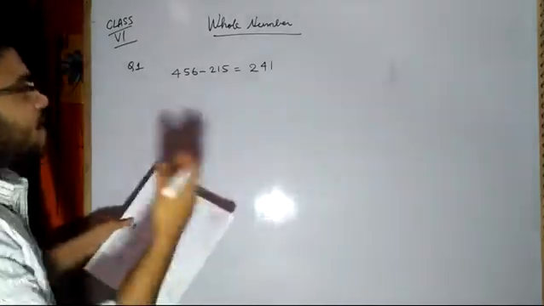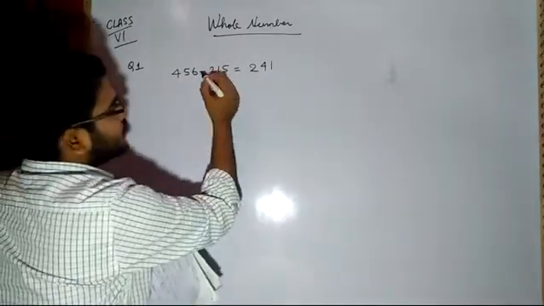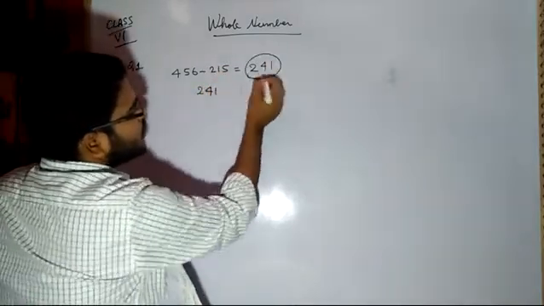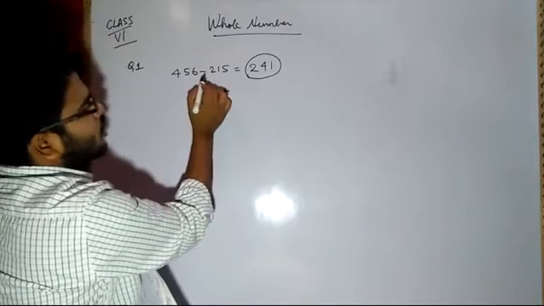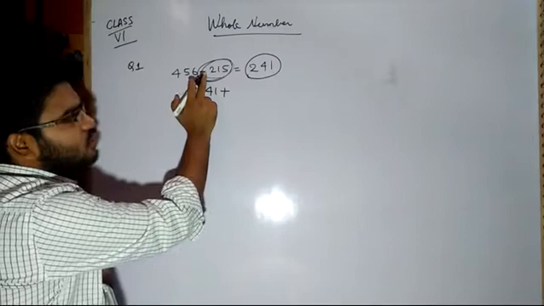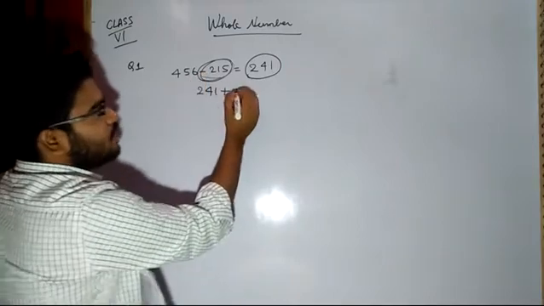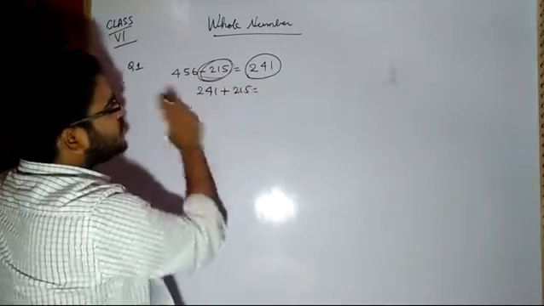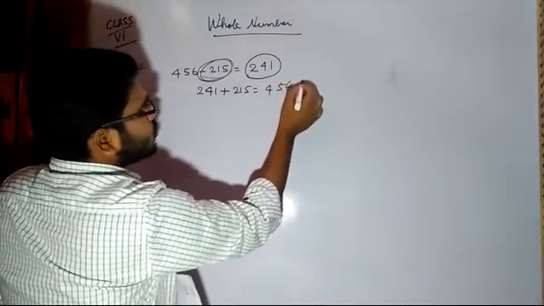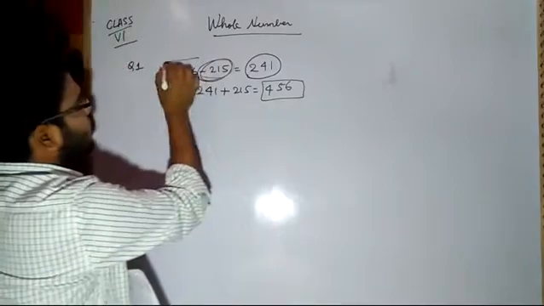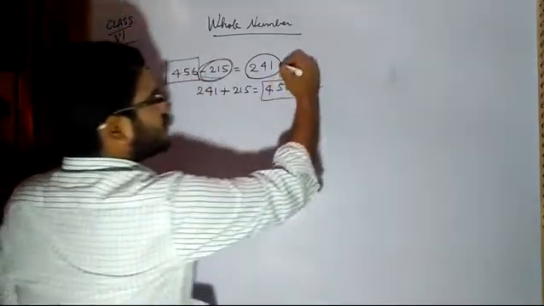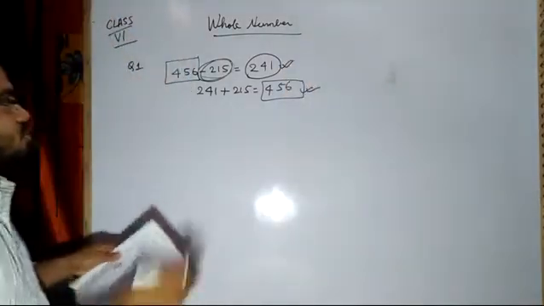Now corresponding addition means I take the answer which I got, 241, plus whatever is written in minus form. I will change its sign and write plus with that number, and see what my result is. So it will be 456. So this result is equal to this. So this is my corresponding addition, and this is my simple subtraction.